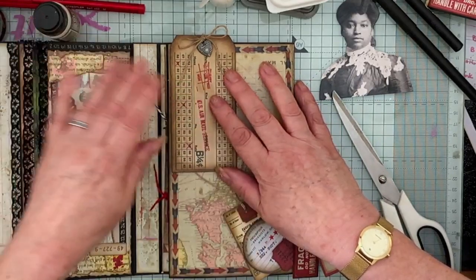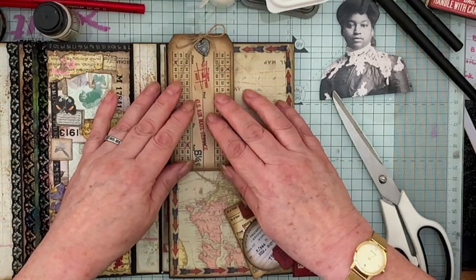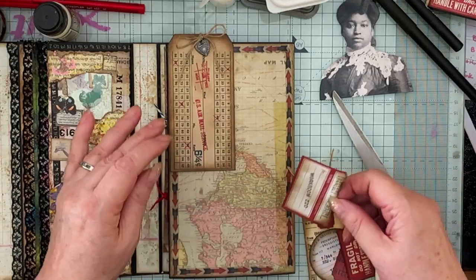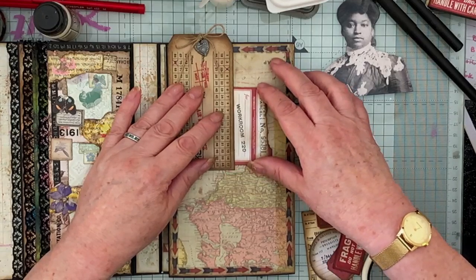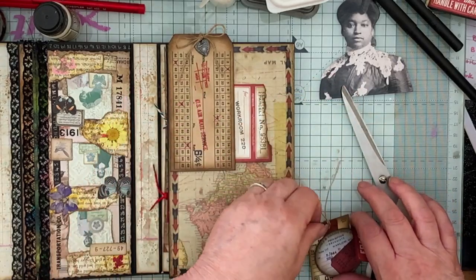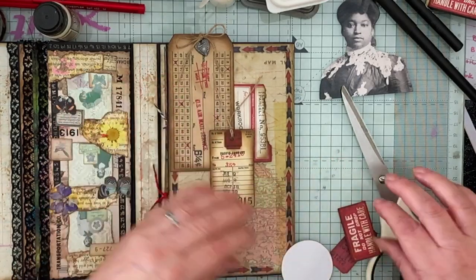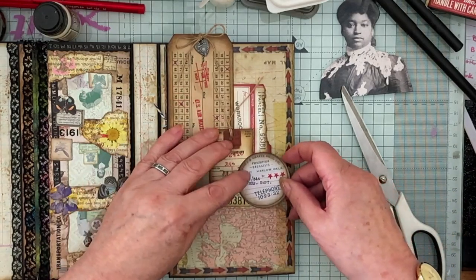So I'm going to stick that top left just down to there, so we can get on with that. Oh no, we can't, because something goes under it. This is the thing about assembling the pages. It's best really to assemble them first and then go from there. So that kind of wants to go about there. Then we've got this tag that goes there. You might need a bit of shuffling, so we'll see. And then this one that goes over there,